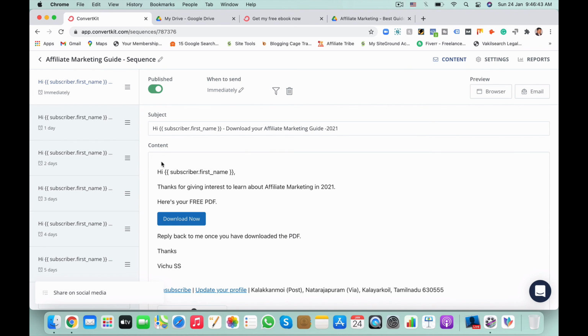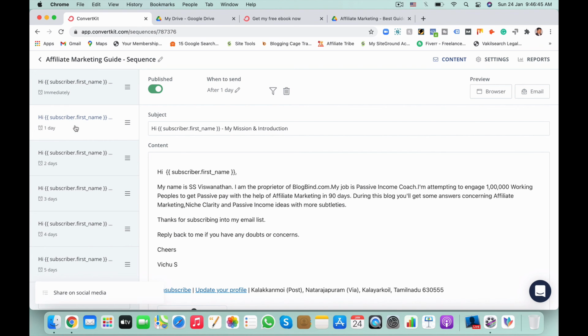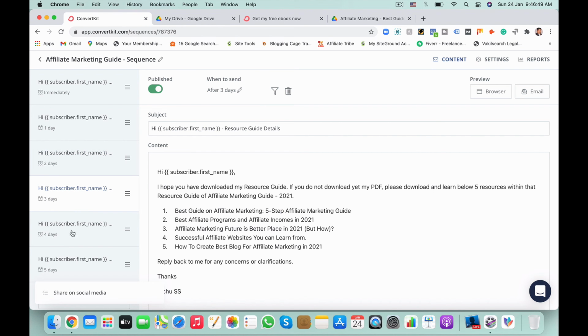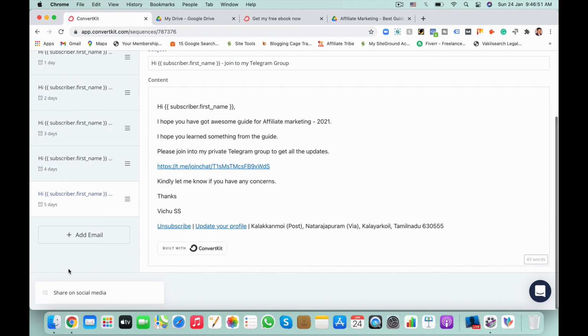This is the way you can set the email sequence. Second day, third day, fourth day, fifth day. We can add up to 10 days, or more than 10 also.